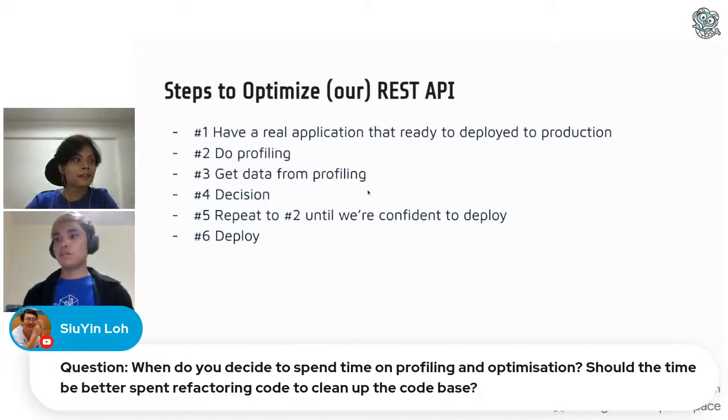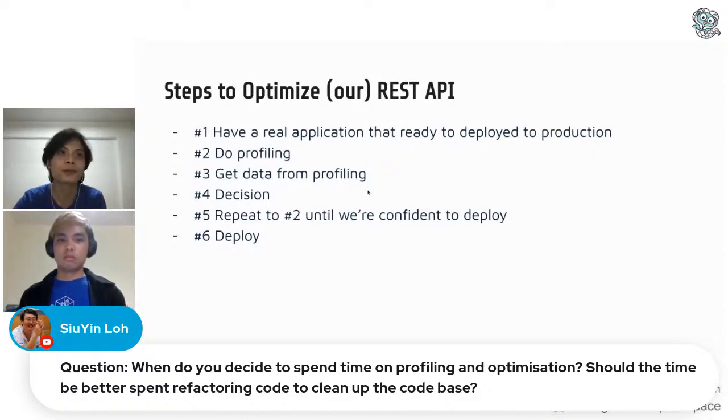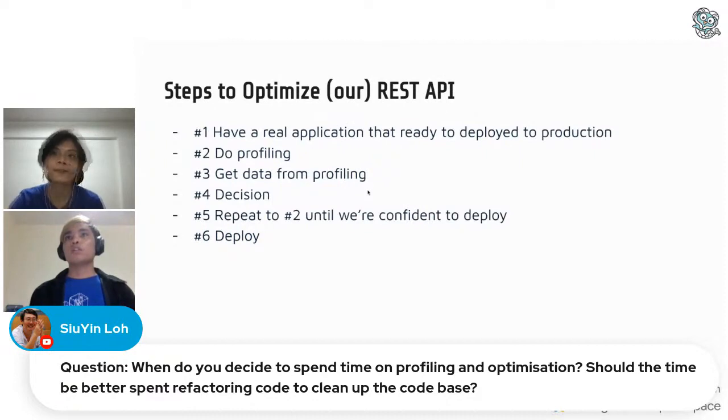How about after the app has been running in production? I think there's another side to this question of Sirin. For those production apps, when do you decide between optimizing for performance or spending time refactoring the code? Based on my experience, usually I do it when we want to improve, for example when customers are already complaining about the response time.